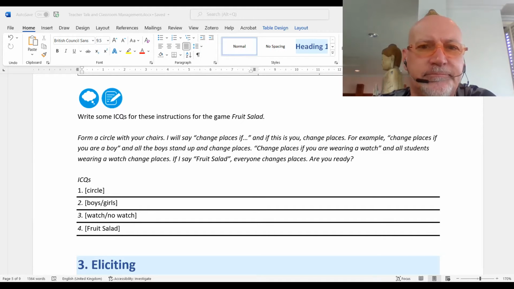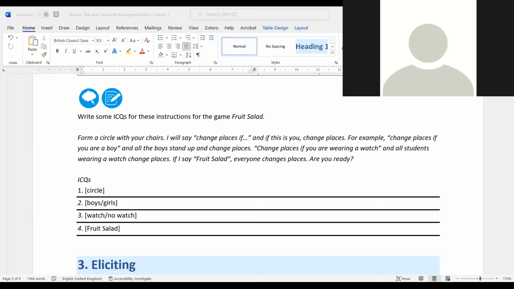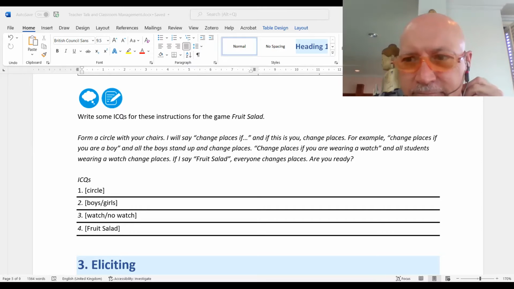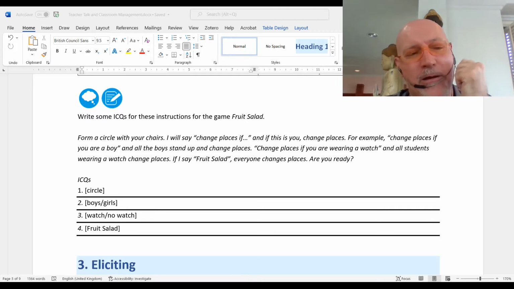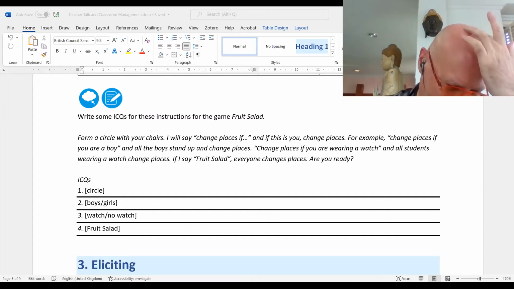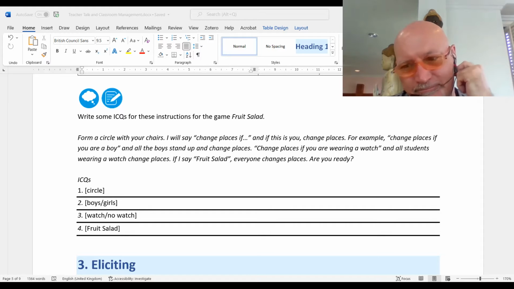What can we ask them? Any idea? What can we ask? Are you going to be in a square or in a circle? And the answer is in a circle.